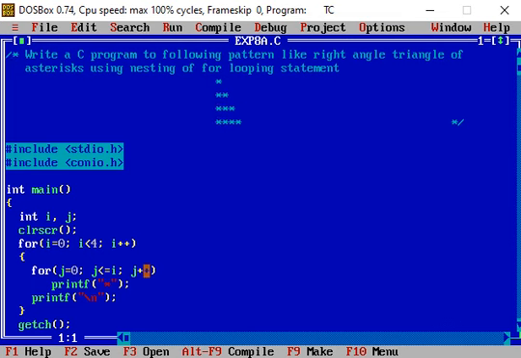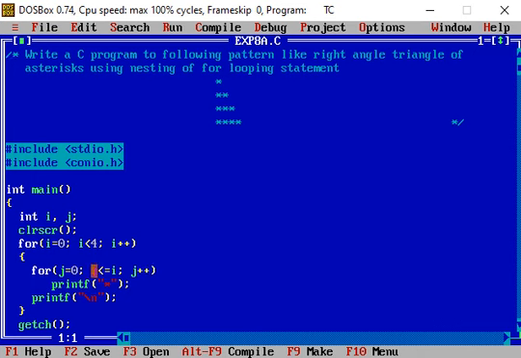and then the value of j is incremented. This value becomes equal to 2. So 2 less than or equal to 3, the condition is true. So again the third star is printed in the fourth row, and then the value of j is incremented. So this value becomes now 3.